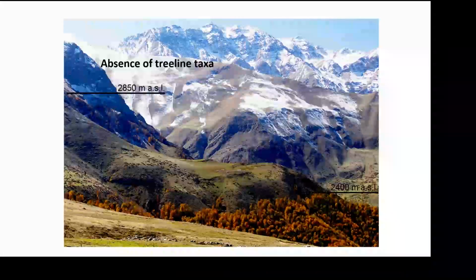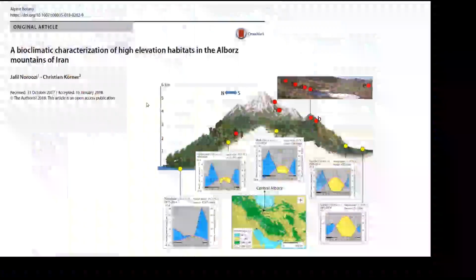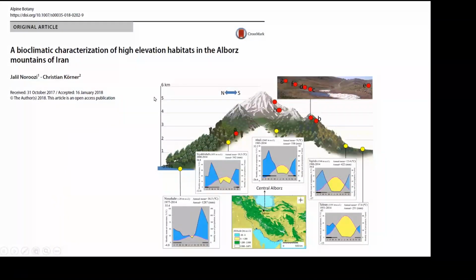And it is also not because of anthropogenic activities. Palynology of the region shows that these species haven't been in this region for more than 200,000 years. So it is a natural situation, but the real taxa of the tree line are absent. And this is an open question, why these species are not there. The results of this study, including other bioclimatic characterization of the Alborz Mountains, were published in Alpine Botany,